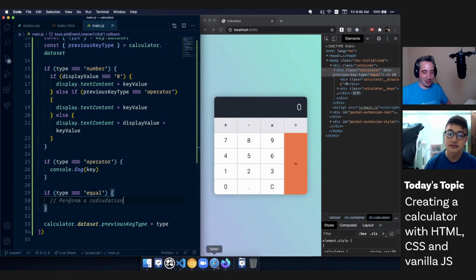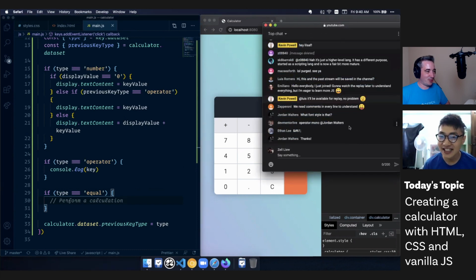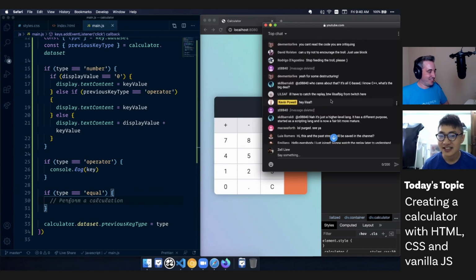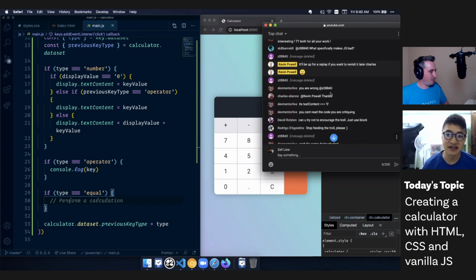A few people have mentioned it's a bit quick, but they said they'll catch the replay, so I think we're okay to keep going. Zepperoni just mentioned that maybe we could have a comment on every line to keep track of everything that's going on, but I think we're doing all right. Regarding a comment on every line, I think